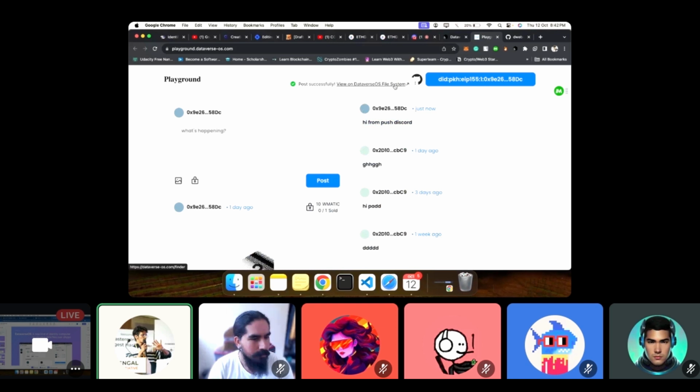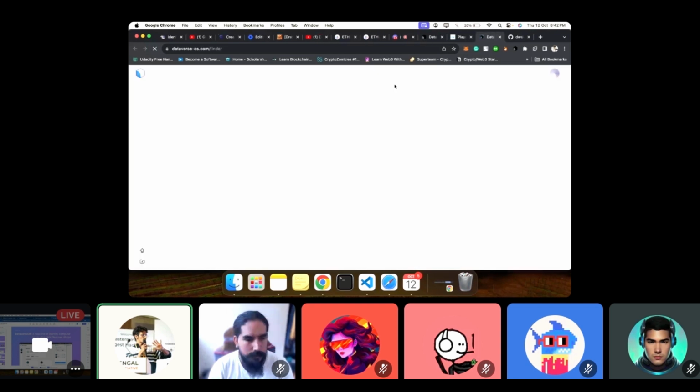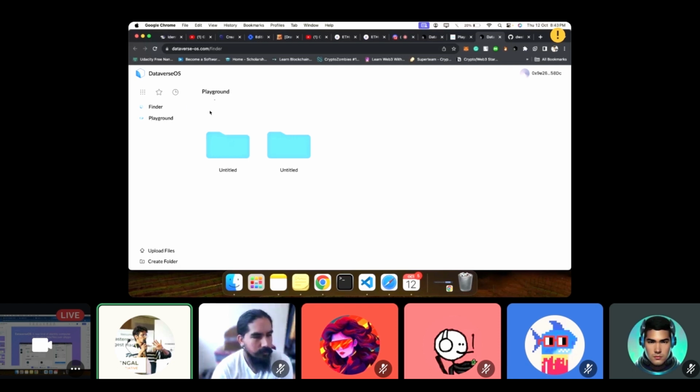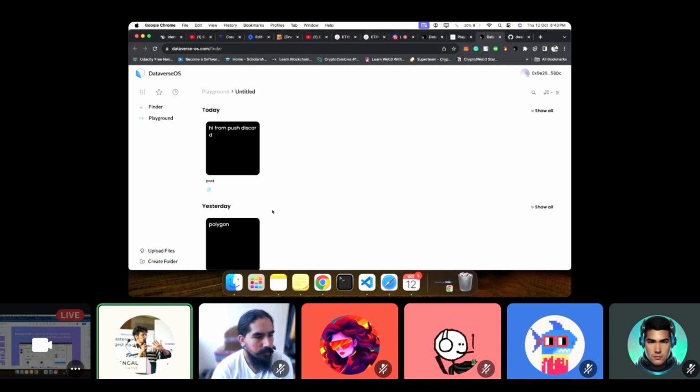So here is my post, and for the file system, as I mentioned, we also provide essentially the cloud or the one-stop solution for whatever data you create. As you can see here, that's the playground application. You can see here that "Hi from Push Discord", the data that we posted, has been indexed in our